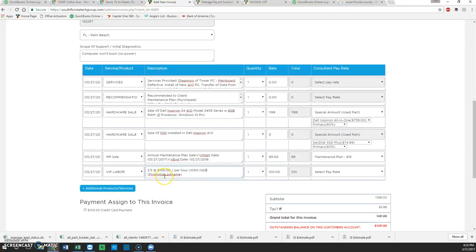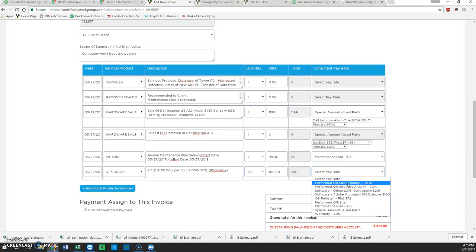And, of course, the consultant initial and last name goes right here. Then we adjust this to 2.5 hours, and we collect the on-site primary there. Now, we've built this invoice out,